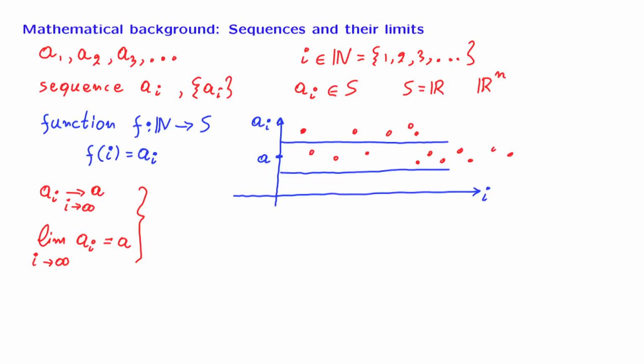Now let us turn this into a more precise statement. What we mean is the following. If I give you some positive number epsilon, and I'm going to use that positive number epsilon to define a band around the number a. So it's this band here. If I give you a positive number epsilon, therefore this way I have defined a certain band, there exists a time after which the entries will get inside the band. In this picture, it would be this time. So there exists a time